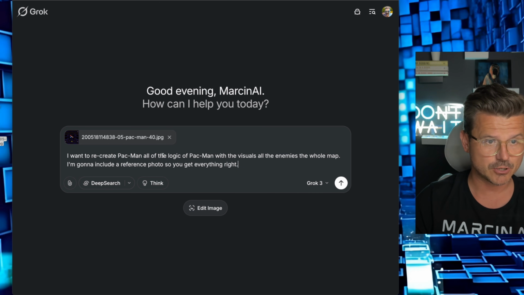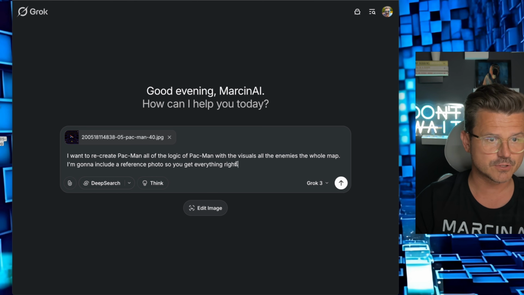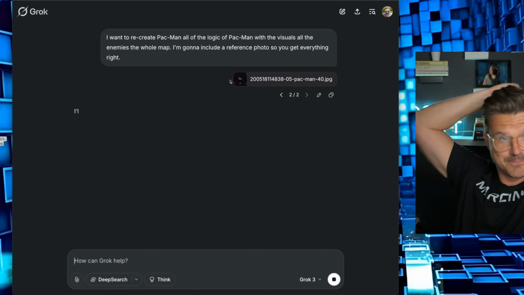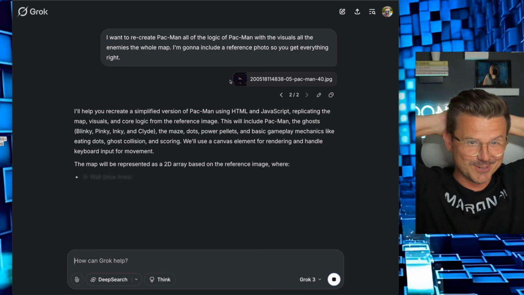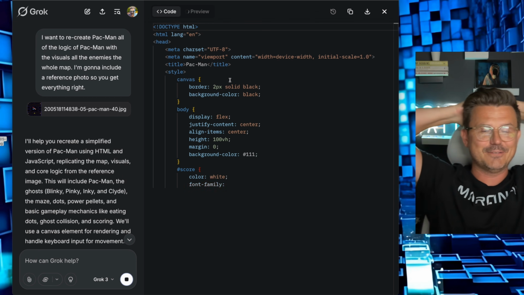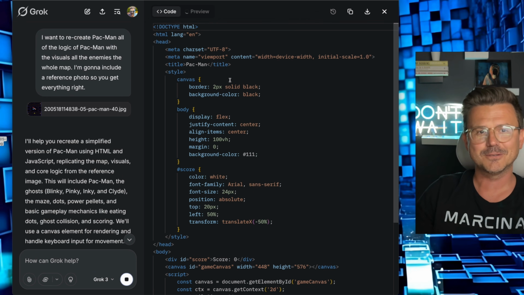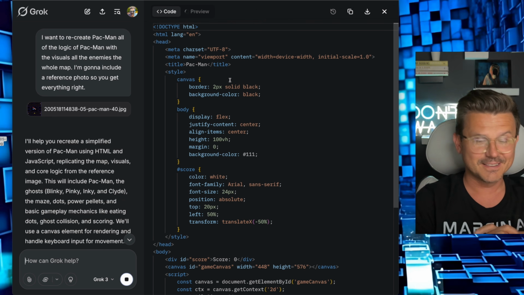I want to recreate Pac-Man, all the logic of Pac-Man with the visuals, all the enemies, the whole map. I'm going to include a reference photo so you get everything right. All right, let's try it. If it does this, I'm going to be blown away because this was always the biggest struggle. So it's going to use HTML and JavaScript. The fact that you can just get the preview right there and then using their model is going to be really fun to build stuff. The integrations are going to